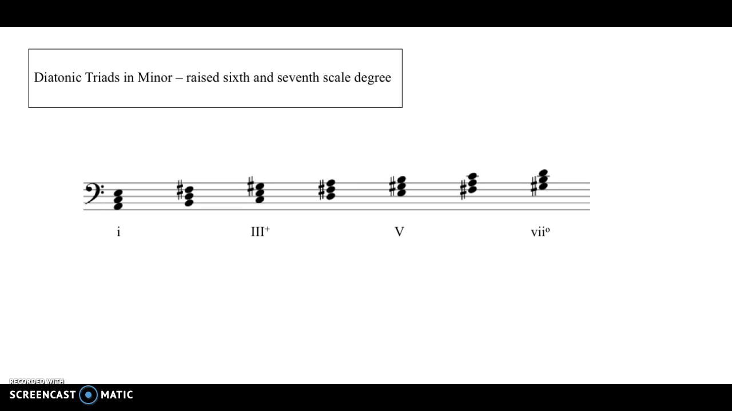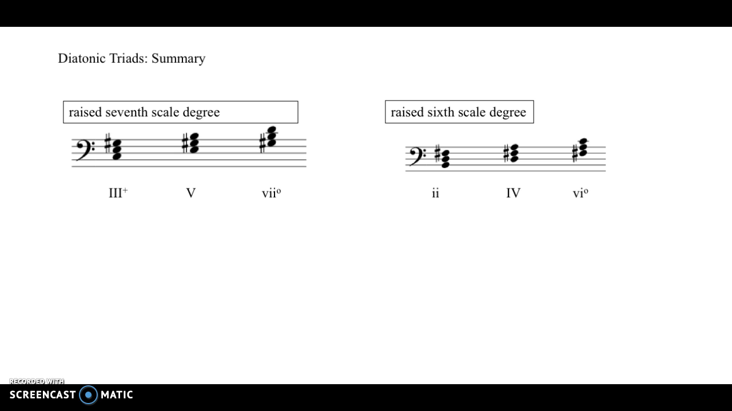With the melodic minor scale, we raise the 6th and 7th scale degree. The raised 6th scale degree makes 2 a minor triad, 4 a major triad, 6 a diminished triad. These chords will occur frequently in theory textbooks. In common practice music, we rarely see an augmented 3 chord, a minor 2 chord, a major 4 chord, or